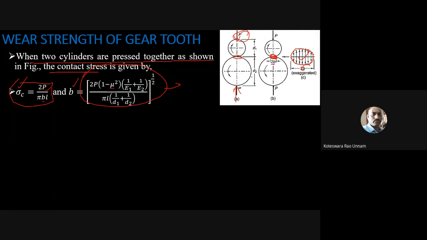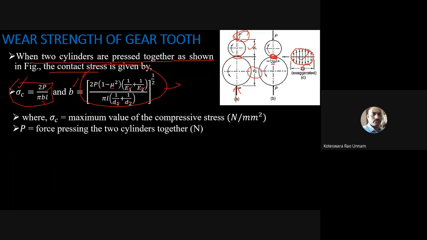So mu is the friction between these two cylinders. E1 and E2 are the Young's modulus of the two cylinders, cylinder 1 and cylinder 2. D1 and D2 are the diameters of these two cylinders. The smaller diameter is D1, the bigger one is D2. So this is the equation he has given, and if you substitute this b into this equation,